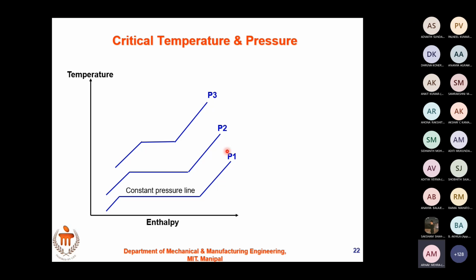Ma'am, the isobar is becoming short. The constant pressure line, the horizontal line, becomes shorter, as the latent heat of vaporization is reducing. This part is the heat required to raise the temperature of unsaturated water to its saturation temperature. This is called sensible heat. Whereas this part, the heat used to convert saturated water to saturated steam at a constant pressure, is called latent heat.